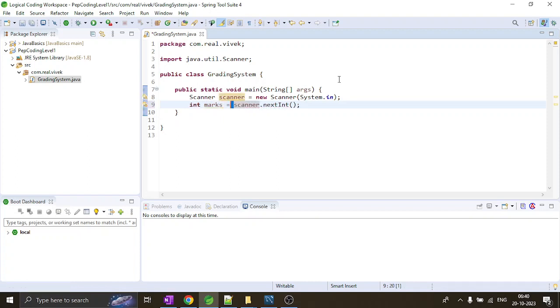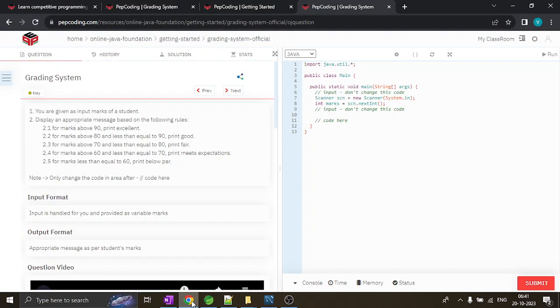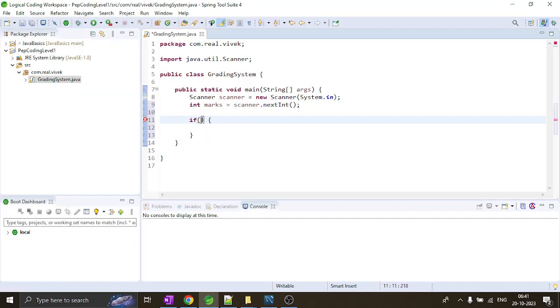Okay, we format it quickly. Yep. And let's start with the if statement first. The first condition that we have is for marks above 90, we should print excellent. For marks above 80 and less than 90, we should print good. Okay, so let's see, for marks above 90, print excellent. Else if